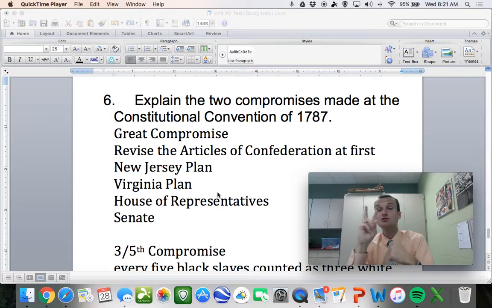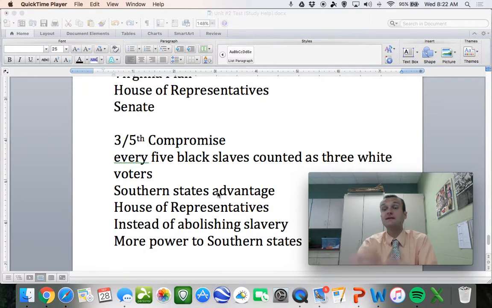We're going to have two parts to our legislature. We'll have a House of Representatives that gives more representation to big states with a lot of people, and we'll have a House of our legislature, the Senate, that gives equal or the same representation. And that's called the Great Compromise, sometimes called the Connecticut Compromise, but it's the Great Compromise, what I refer to it in our class. The other compromise made is called the Three-Fifths Compromise, and this, at the time, was not